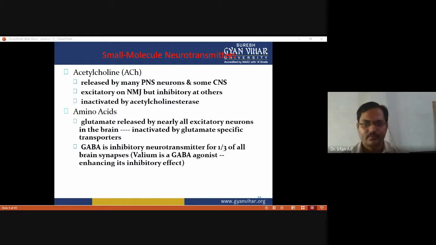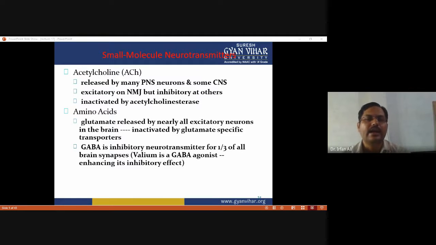And gamma aminobutyric acid is an inhibitory neurotransmitter for one third of all brain synapses, and Valium acts as an agonist of it,